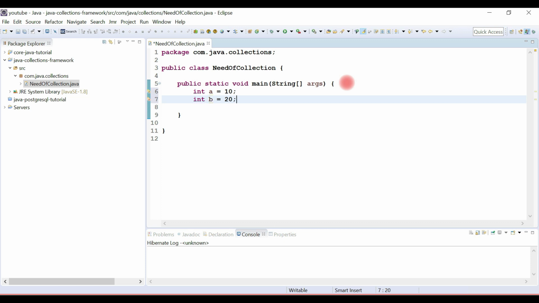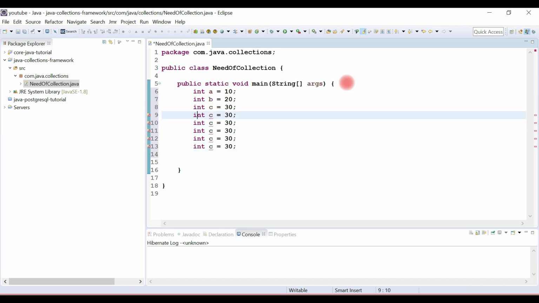Let's say I want to store one more integer, that is 30. Then I need to create an integer variable, int c equals 30. Let's say I want to store 10 integer numbers, then I need to create 10 integer variables. Something like this.